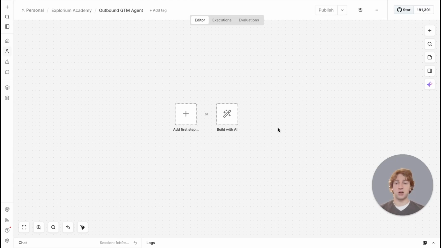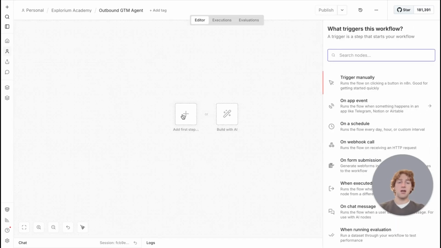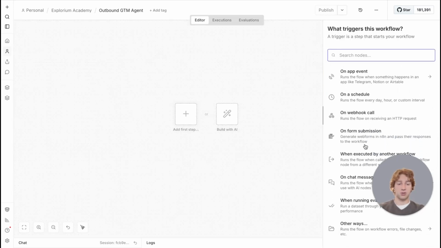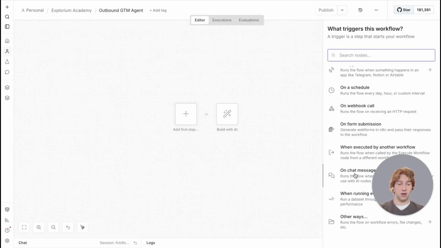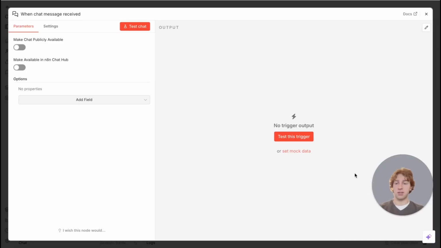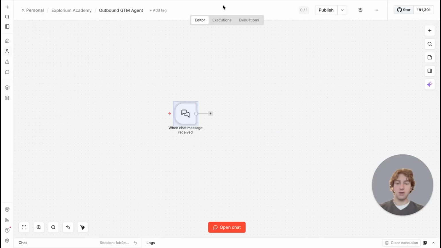Now, let's get started. So like I mentioned, we want this agent to be prompted with natural language. Again, this can change based on your use case, but for us, this is what we think is going to be useful. So let's add this first step in here, and we're going to add a natural language trigger on a chat message. Great, so we have that here. Perfect. So now that that is inputted,